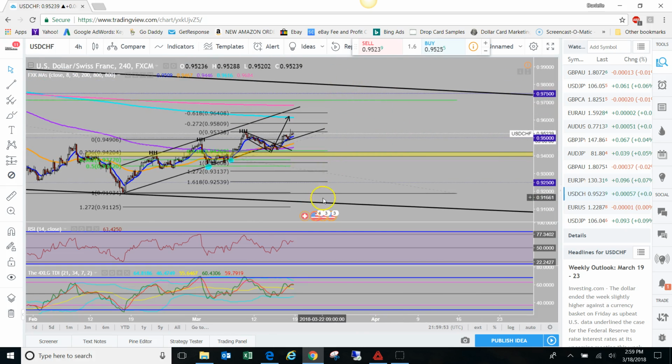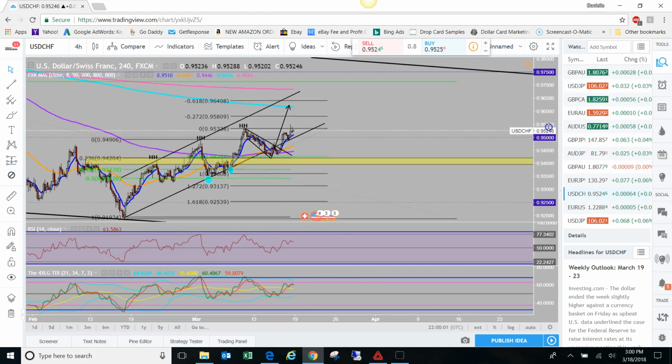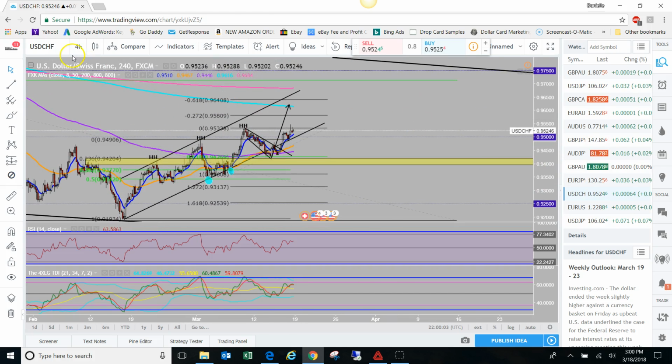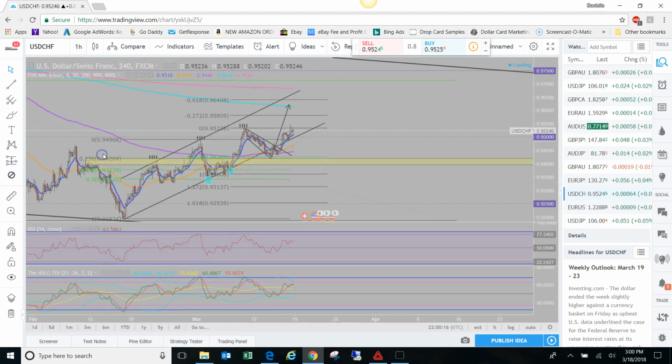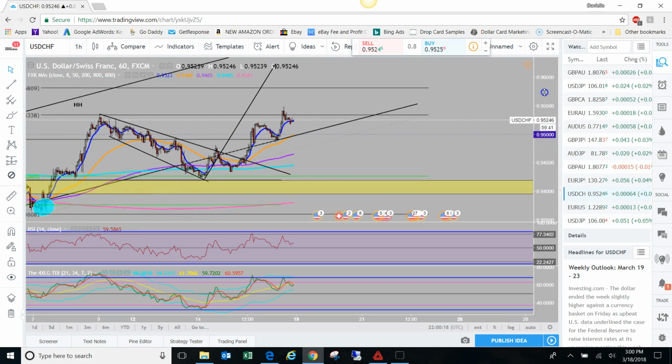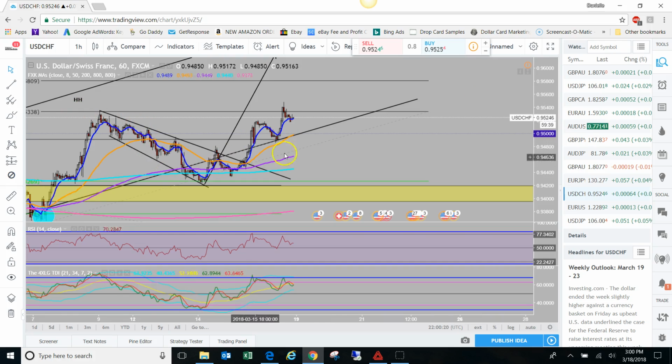So this is the daily channel that was created. And then I created this channel within the daily channel. And as you can see, price did break out here. Well, this is a little bullish flag that was formed. Let's drop down to the 1 hour. Okay, so I think I did